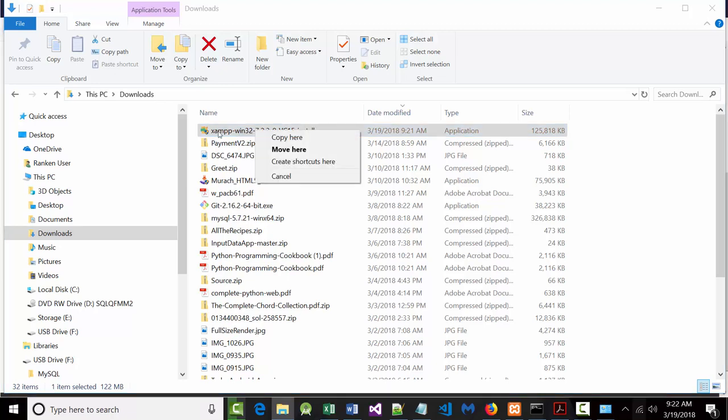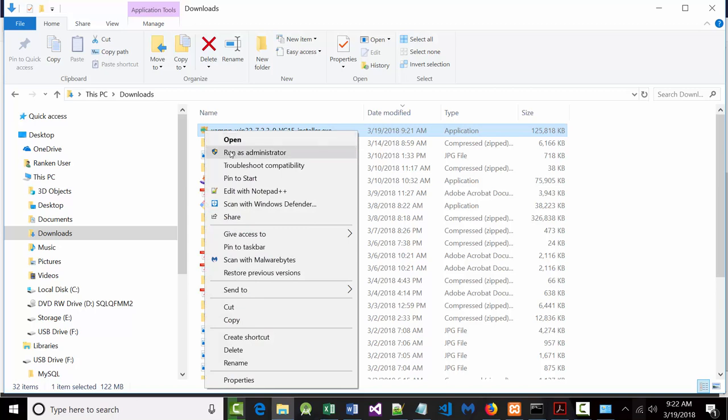Then you should be able to click on it, and then right mouse click, and probably say Run as Administrator. You might even be able to just double click on it. Now it's going to come up, and it's probably going to say something like you need administrator permissions to do this, but if it's your computer, you should have administrator permissions already. Just tell it to run. And then once it comes up, just accept every default there is,